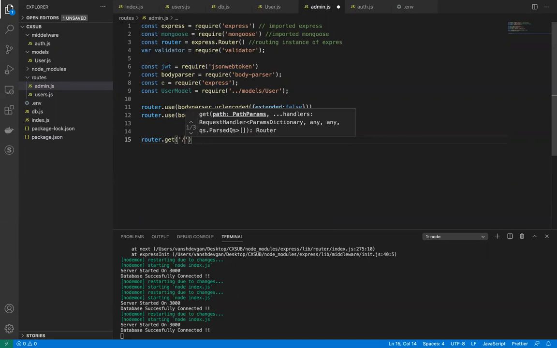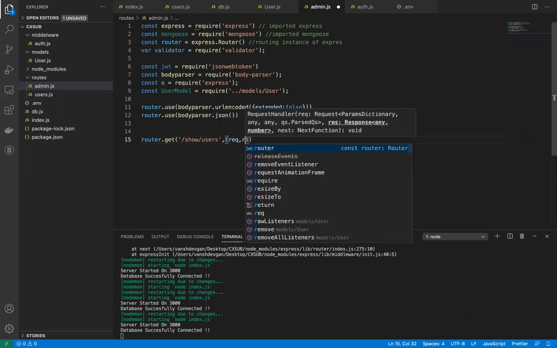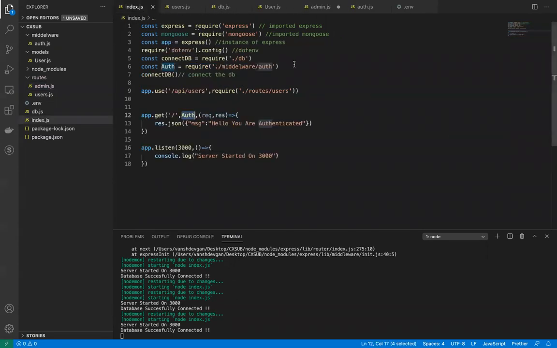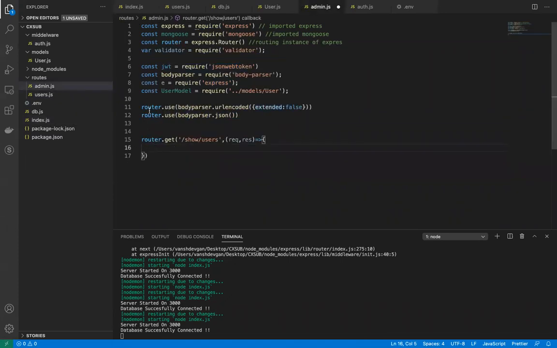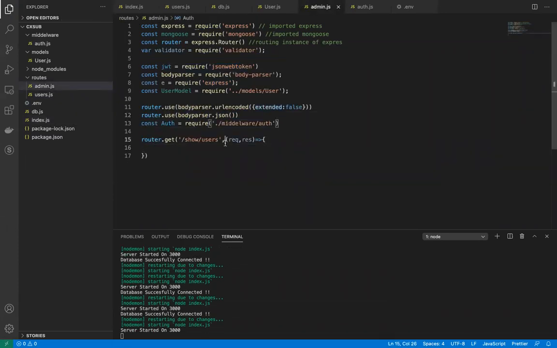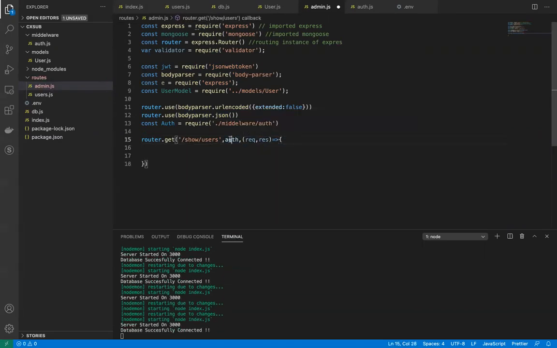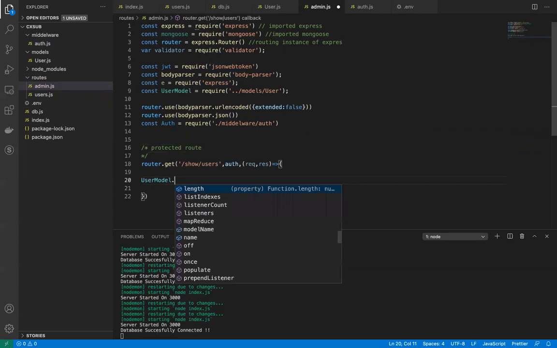So admin is there in the index.js. Then we have, let's say, the show users route. It will show the users in our database. So I will simply do this, and now I will import that middleware which will be checking for the JWT token before showing anything. We are going to pass this auth over here as well. So any request going through will first check the token, then it will go to this route, which is an authenticated, protected route. And here we are going to return the users list.